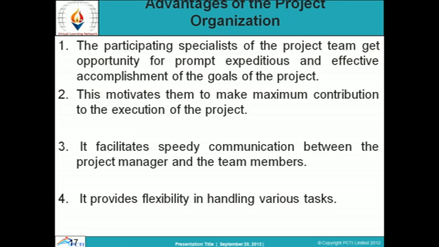Means when the task is organized in terms of project, then the team is basically called a project organization, and this project organization basically helps to motivate the people so that they can contribute maximum to the execution of the project. It also facilitates speedy communication between the project manager and the team members. It provides flexibility in handling various tasks,